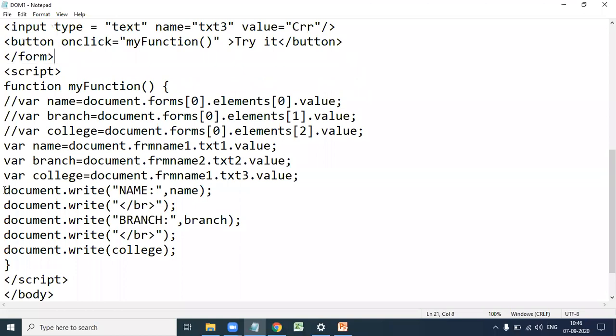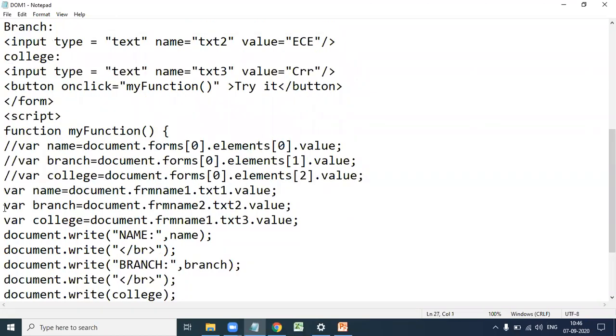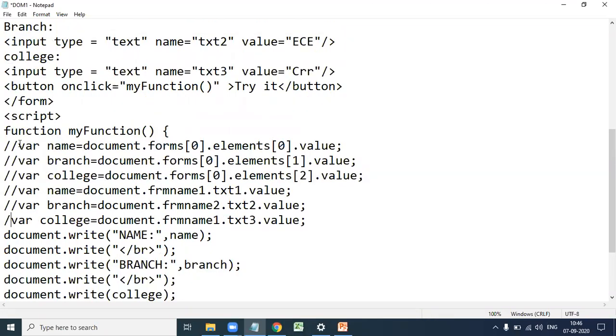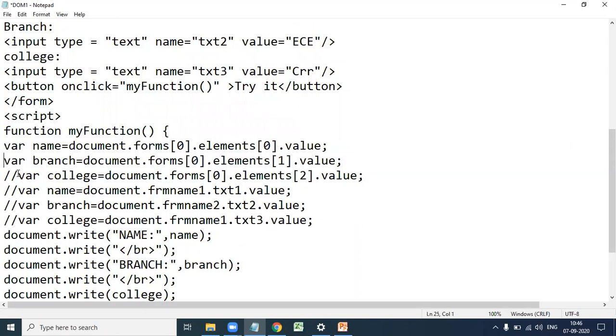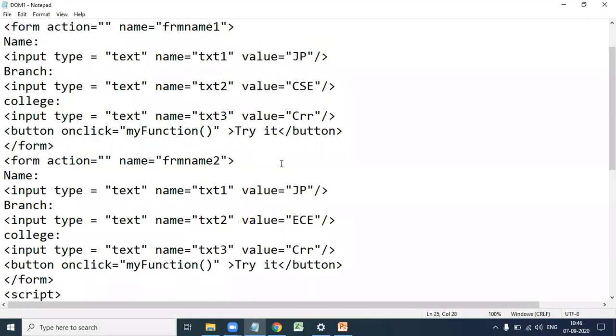If you want to access the elements using arrays, see, forms[1], that is the second form, elements[1], here ECE is also the same. Let us execute this one. forms[0] means the first form, elements[0] means the first element in the first form, so the first element in the first form is JP.